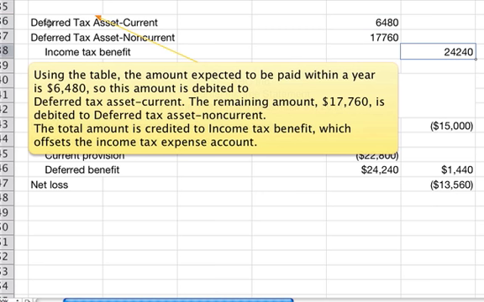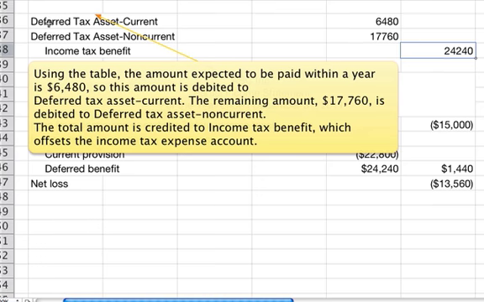So the amount debited to deferred tax asset current is 6,480. The remaining amount, 17,760, is debited to deferred tax asset non-current. The total amount is credited to income tax benefit, and